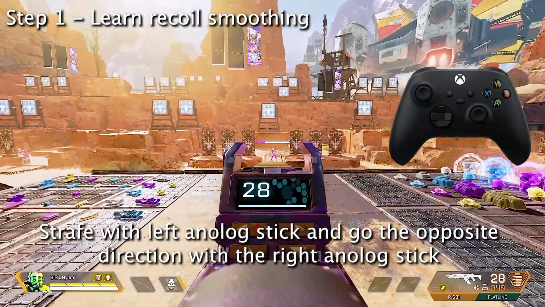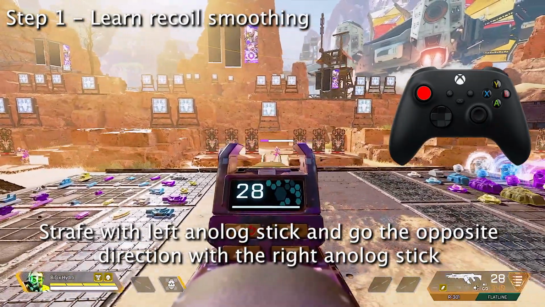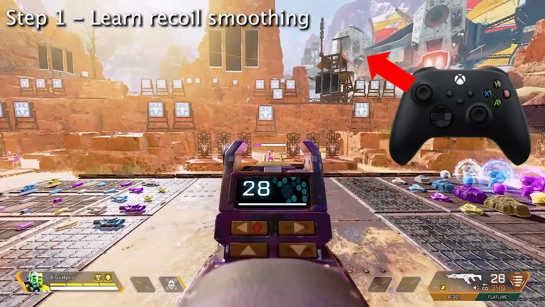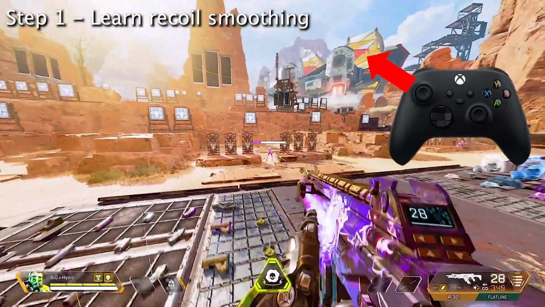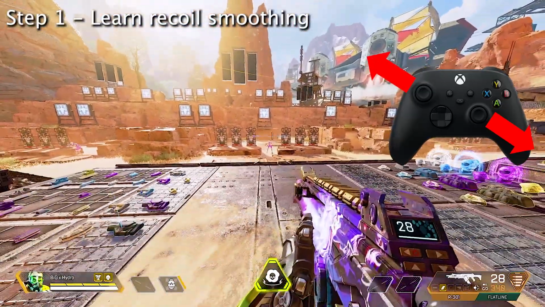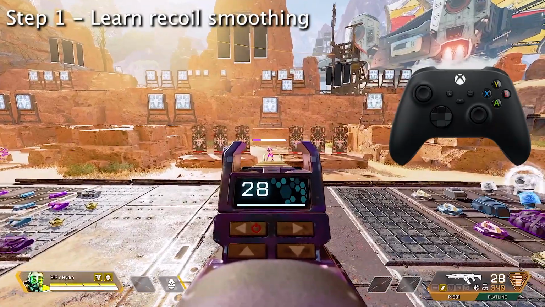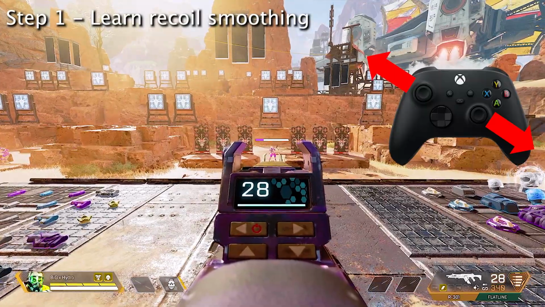What recoil smoothing is, the left analog stick is what you're moving around with on controller, right? So whatever way you're strafing, you want to go the opposite way with the right analog stick. If I'm going up and left diagonal with the left analog stick, you want to be slightly holding down and diagonal to the right with the right analog stick, and vice versa. So any way you're strafing with the left analog stick, you want to go the opposite direction with the right analog stick. So let's focus on this dummy right here. If I'm walking diagonal upwards to the left, you want to be down and diagonal right with the right analog stick